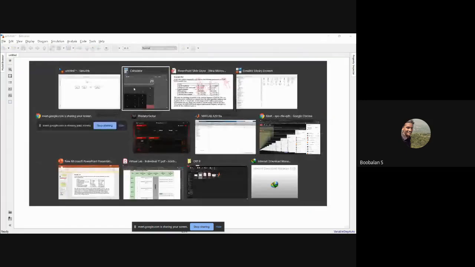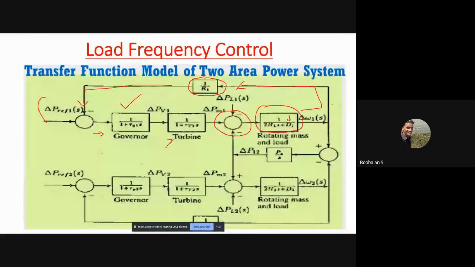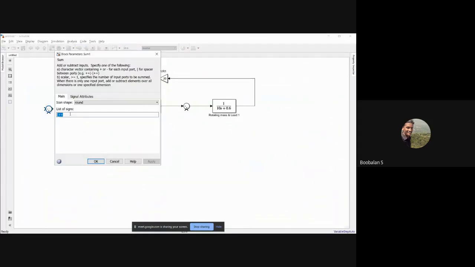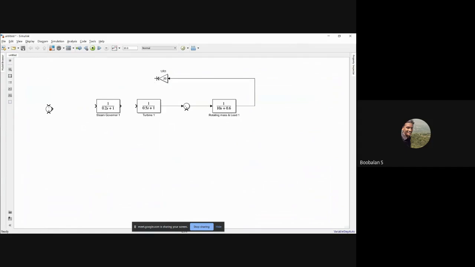We need one more summing block to complete my negative closed loop path. For that purpose, I'm just going to copy the same block and use it over here. It is negative feedback, that's why I need to change it to a minus symbol, minus and plus. Now we just complete the entire closed loop path. Now it's finished. Got idea?